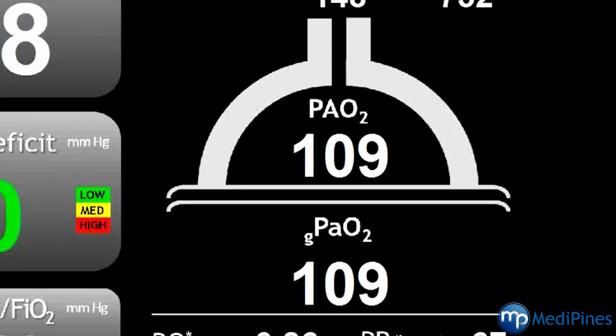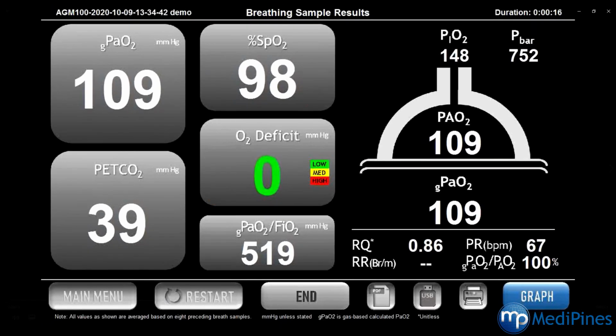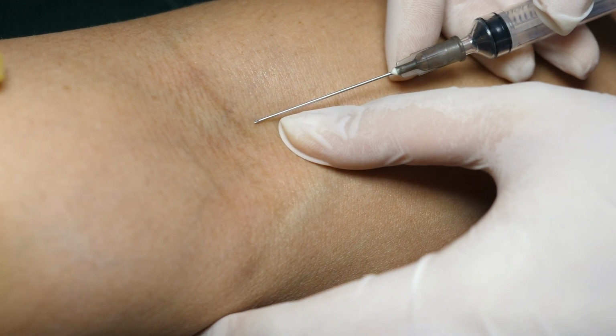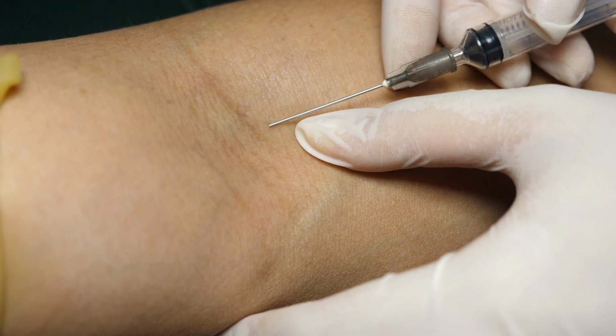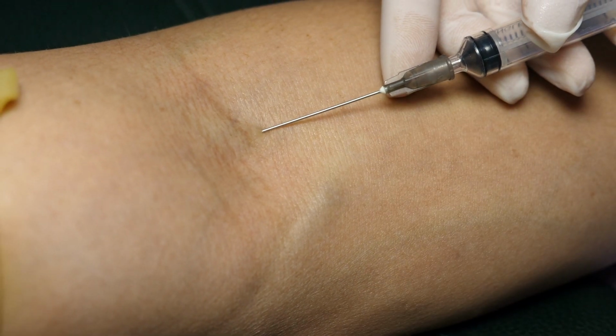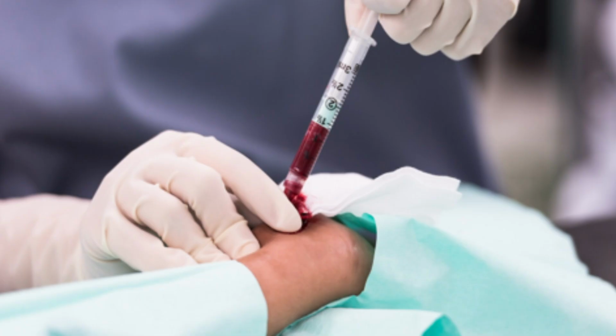So what is it about the A gradient that makes it so important, and why don't we hear more about it? Well, the A gradient has been the gold standard for understanding how well your lungs are doing their job of gas exchange. But the challenge with it has been that in order to measure it, you need to do an arterial blood draw. Oh, ouch. Yeah, it's where they take blood from an artery, which is a little more invasive than just pricking your finger. It takes time to process, and it's not something you do routinely,